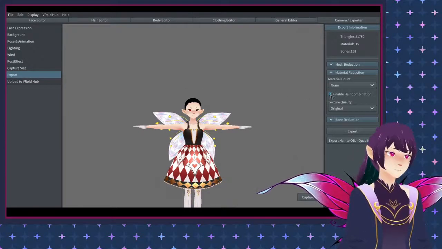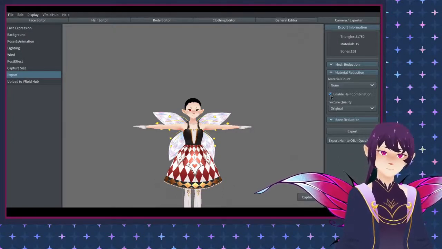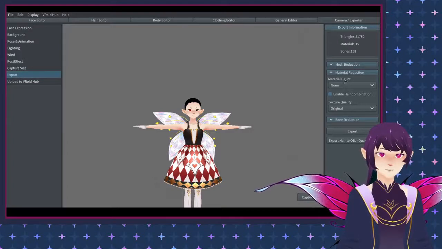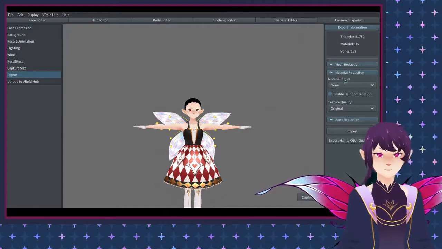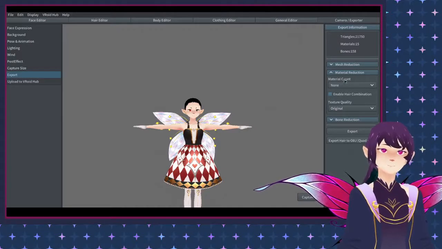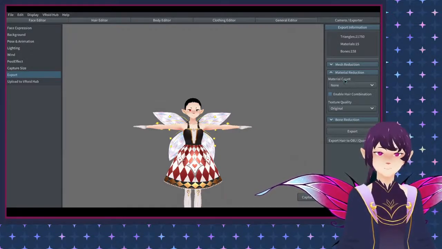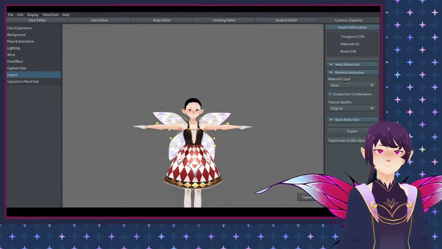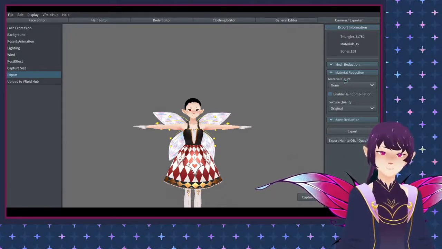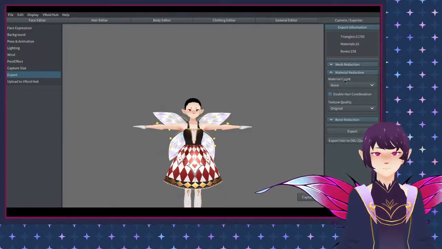Uncheck enable hair combination under material reduction. What this does is when this is enabled, all of the hair strands that you've made in VRoid will combine, and it'll make the model less chunky, less stuff that it has to remember because it doesn't keep all of these hair pieces as separate objects, but it means you cannot do any editing to them separately in Unity, and we need them to be